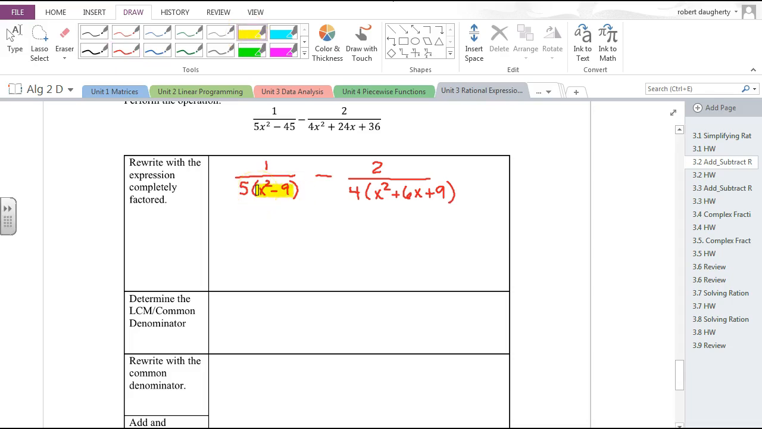How does this factor? This is the what? Difference of two squares, okay? And this is a trinomial, a quadratic that I hope will factor. So let's keep factoring here. So I'm going to have 1 over 5. What is that? x minus 3, x plus 3. Okay, that is completely factored. Okay, minus 2